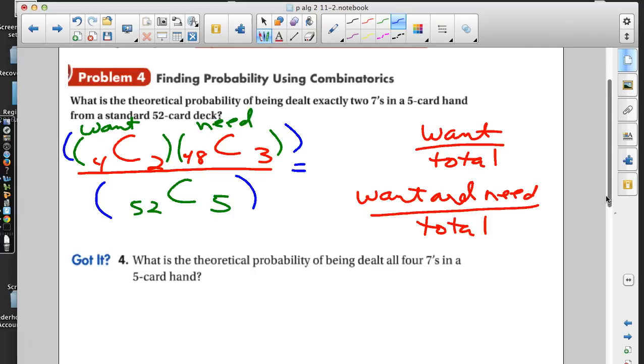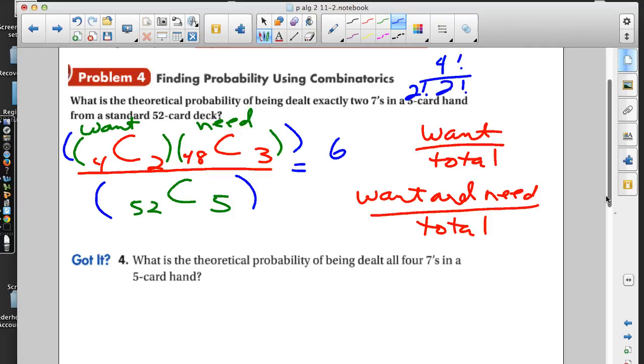So I'll usually find 4 choose 2 or think my way through 4 choose 2 and get that answer, and then 48 choose 3. So 4 choose 2, start thinking, that would be 4 factorial over 2 factorial and 2 factorial. So that'll be 4 times 3 divided by 2 times 1, or 2 times 3, which is 6. But when they start getting a little longer like this, most people will grab the graphing calculator to do those combinatorics anyway. So let me go ahead and remind you, we can put in 4, math, probability, number 3, and